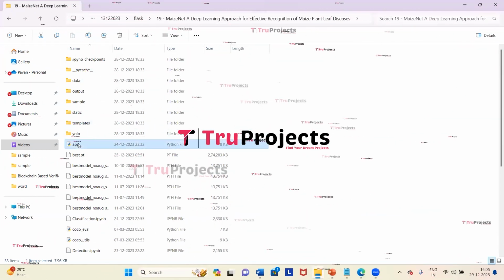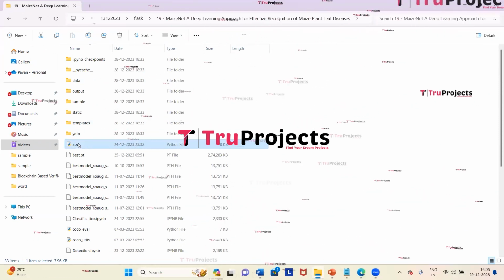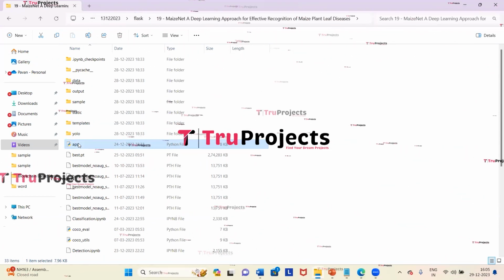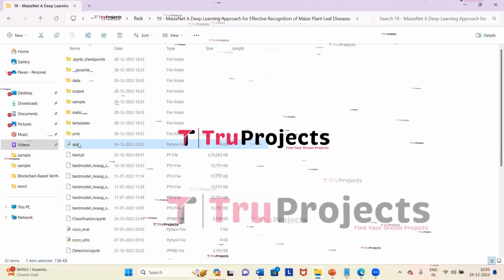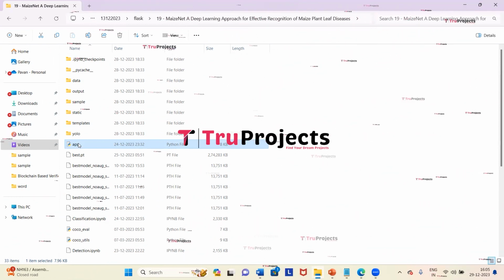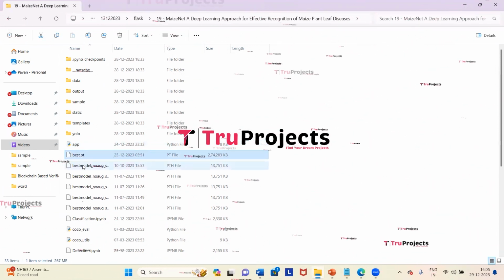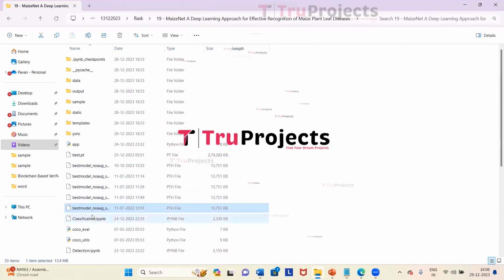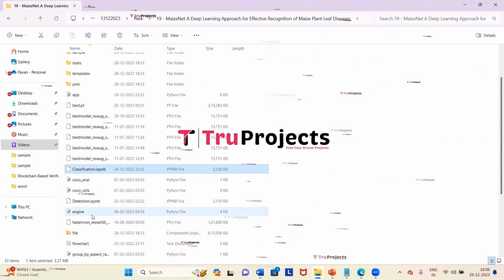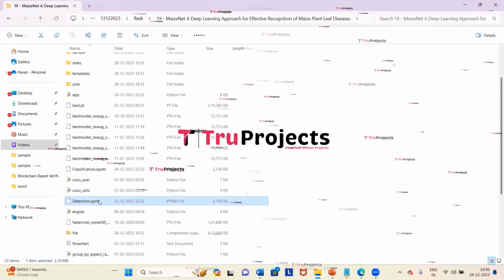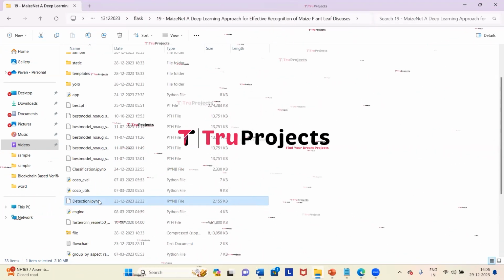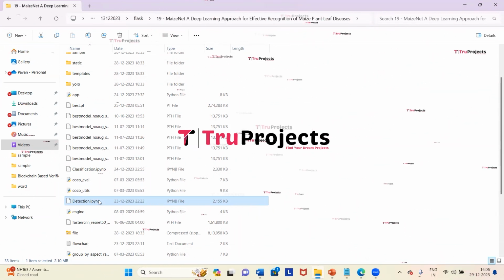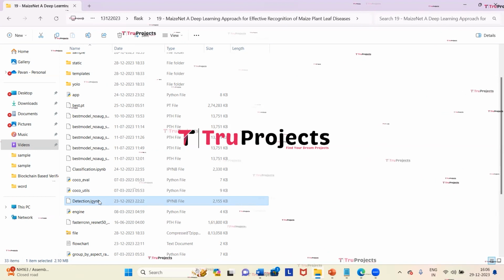This is the app.py file. This .py file contains the information related to front-end logic. It includes code written in Python that handles server-side operations such as processing user requests, interacting with the database, and generating dynamic content to be rendered in the HTML templates. These are the model files which contain the algorithm information and will be loaded into the project code during runtime. This is the classification IPYNB file and this is the detection IPYNB file. These are Jupyter Notebook files which contain a combination of code, graphs, and outputs all in one place. They allow users to write and execute code in individual cells, making them a popular choice for data science.